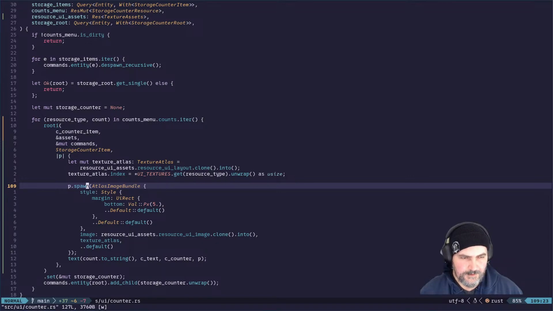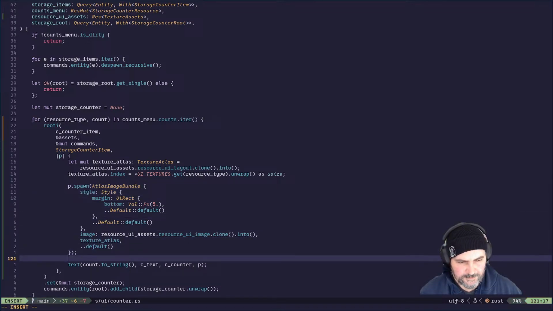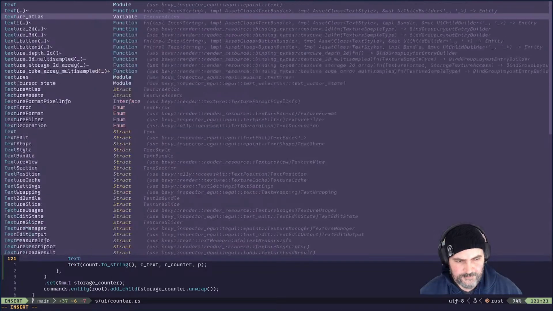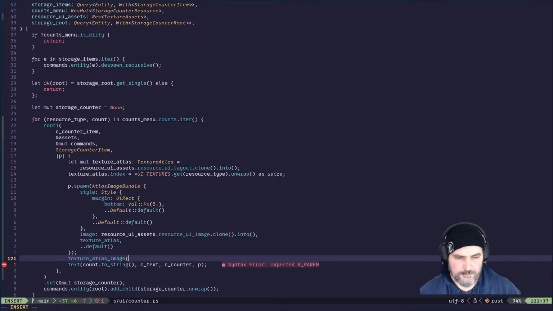So can I rewrite this? Let's bake out how we're going to do it. We're going to use texture atlas image, and we're going to pass it the layout and the image. So that's going to be